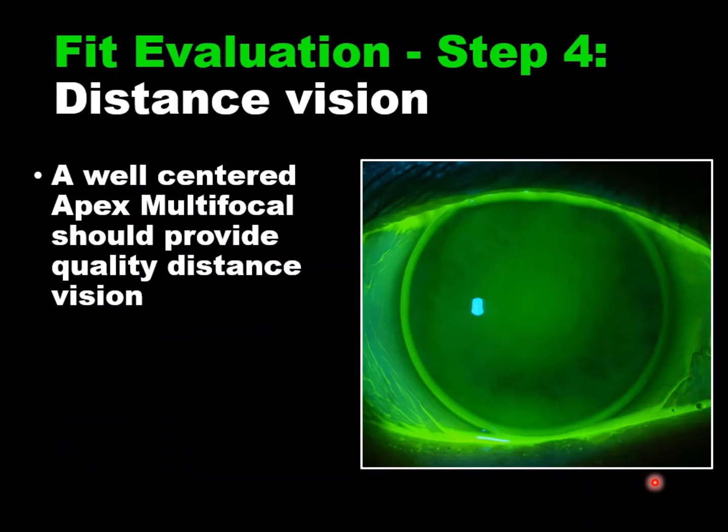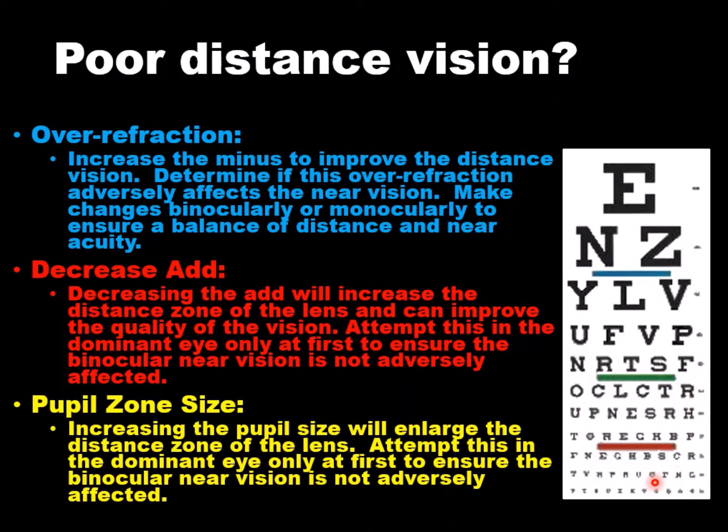Now, step number 4 is to evaluate the distance vision, and a well-centered Apex Multifocal should provide quality distance visual acuity. If the lens is decentering, the patient is more likely looking out of more plus in the lens and an asymmetric distribution of that power. So getting the lens on center becomes critically important to our success. Now, if the distance vision is poor, determine the overrefraction that may provide quality vision. If that overrefraction does hinder the near vision, then we may need to make our change in the dominant eye